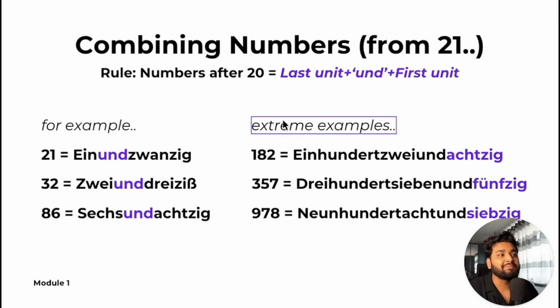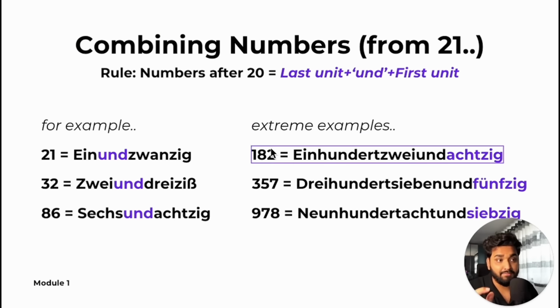Let's talk about some extreme examples. For example, 182. How do you say it in German? You will say it like hundert. So hundert is this one. It's simple. 100 we just learned. 100 will say hundert. That's why hundert, and the rest is the same, it follows this rule. You say hundert and then the last unit 2, and then und, and then 80, you